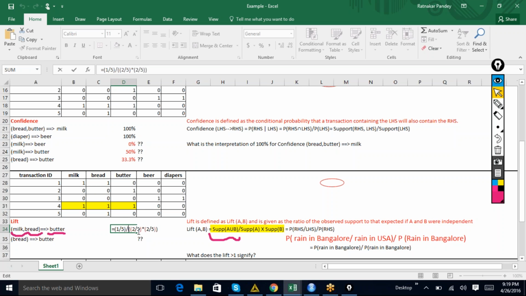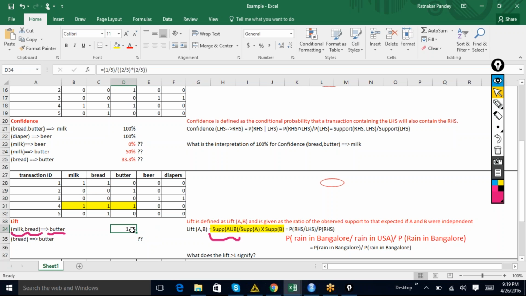Similarly, support for butter. Now let me use a different color for butter. It's going to overlay, so it's very hard to do. Support for butter is also 2 by 5, two instances where butter has been bought. So that's 1 by 5 divided by 2 by 5 times 2 by 5, and that comes out to be